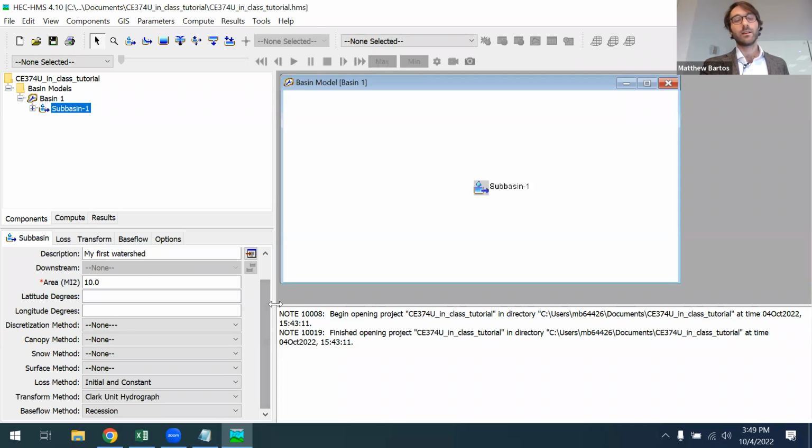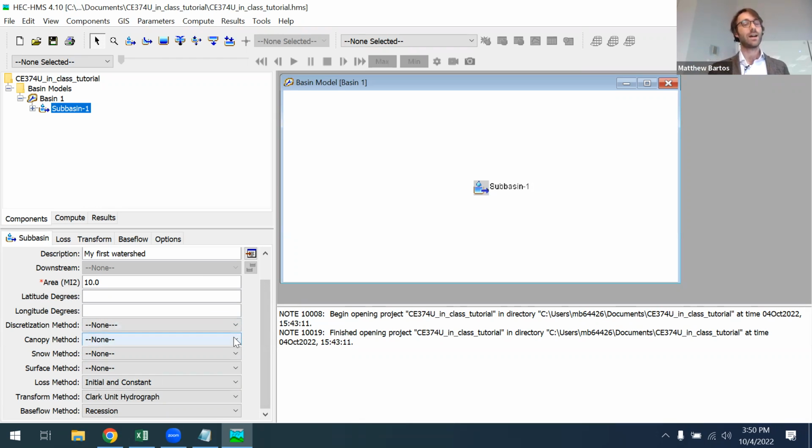Okay. You'll notice that there's also various other parameters we can enter for our model here. We're not going to be too concerned with most of these. So I'll just give you a quick overview of what they are. Discretization method. So this is if you have a subbasin that you want to divide up into multiple parts. For our lesson today, we're just going to assume it's a single lumped subbasin. So we're not going to use the discretization method.